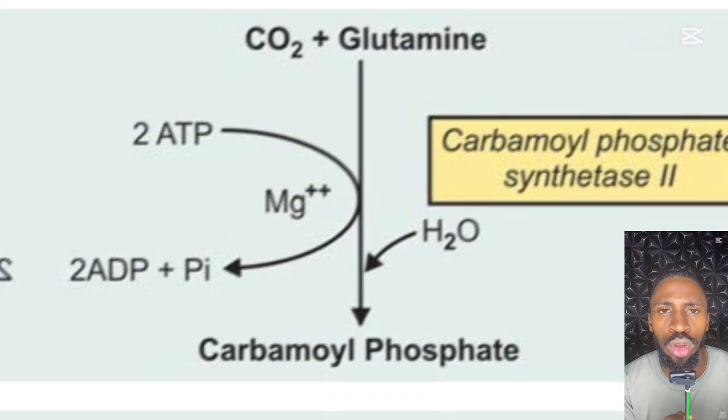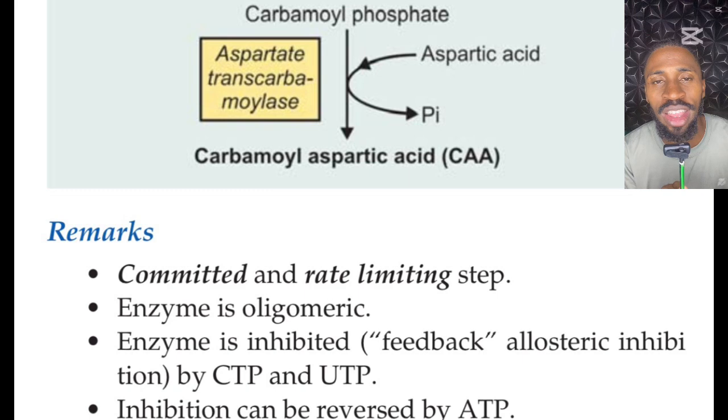So after the formation of carbamoyl phosphate, now you condense the reaction with aspartate. If you transfer aspartate to carbamoyl phosphate, what are you going to form? You form carbamoyl aspartate. This is a rate limiting enzyme, don't forget. The first reaction, carbamoyl phosphate, is inhibited by UTP. So this one is also a rate limiting enzyme, because when you condense aspartate